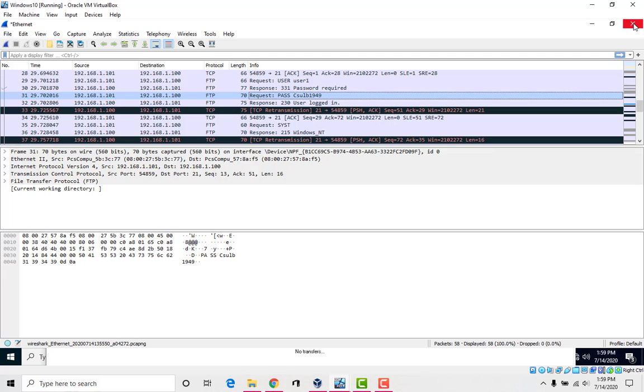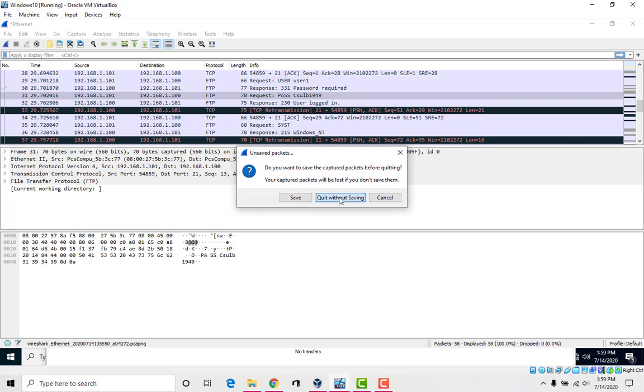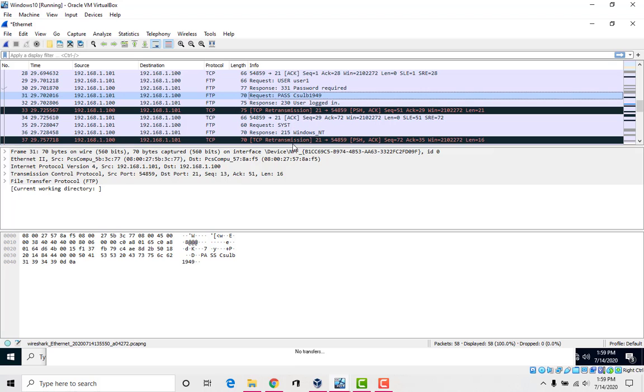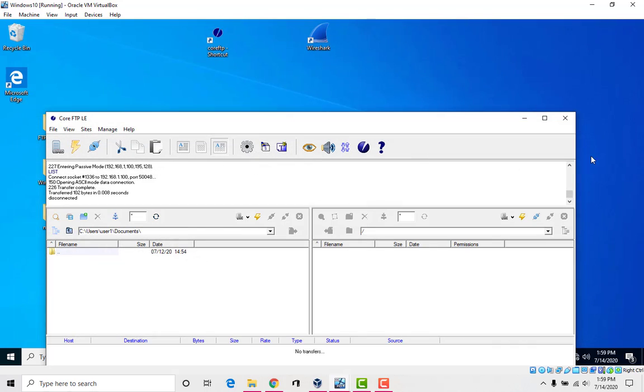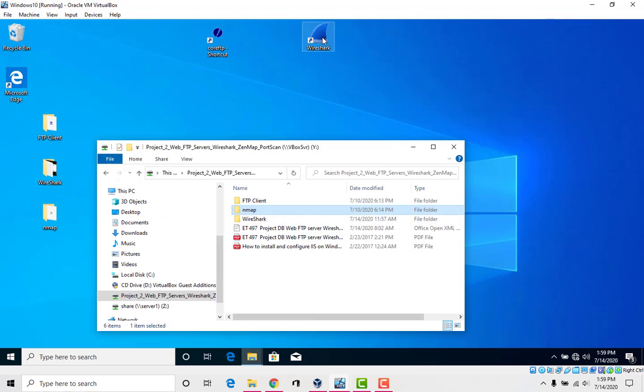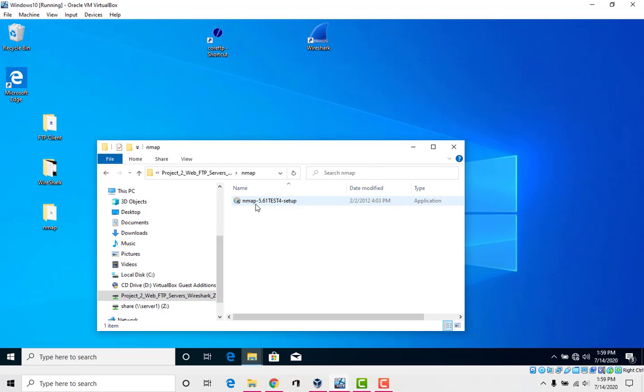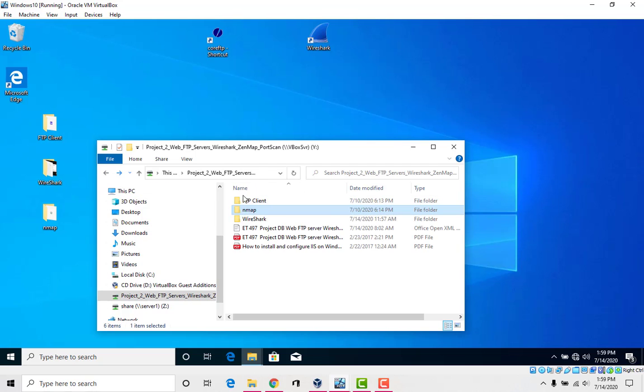Now I want to show you a video clip of another tool. Okay, so you're going to be capturing packets with your machine, with your virtual workstation. All you have to do is either save the text, or copy a screenshot of this and send me a screenshot on the report. I'm not going to save it, but I want to show you a quick video clip of some of the hacking tools that are used out there. In fact, Wireshark has a tool inside called Nmap. I'm not going to have you run it, but I want to show you a video clip of what that tool does.